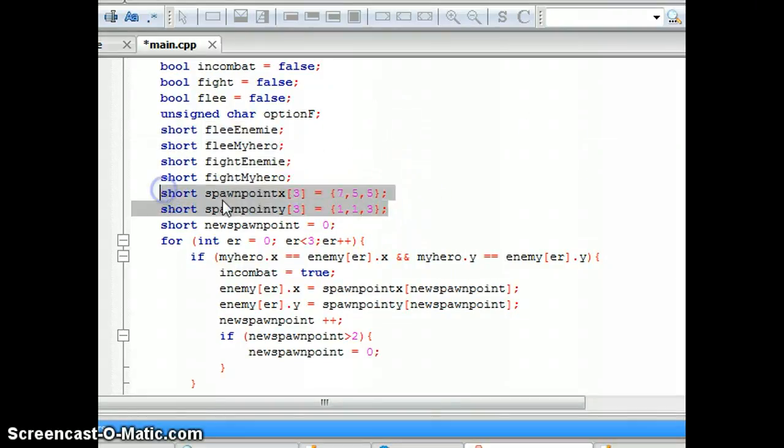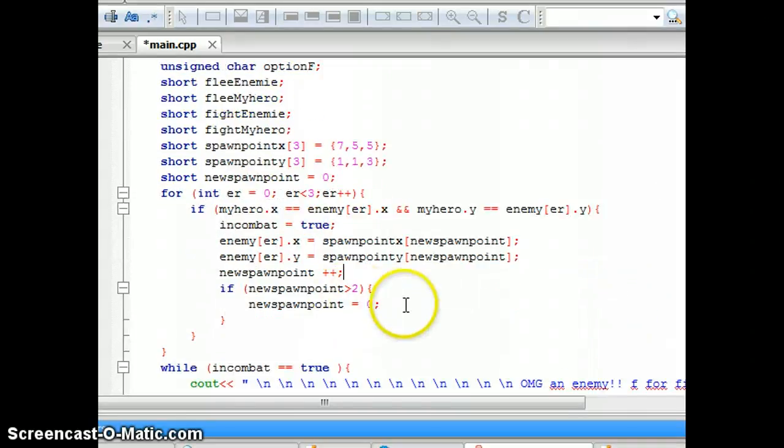Then new spawn points for the enemies. Each time they die or I manage to flee them, I'm going to replace them at a new spawn point. To choose between the different spawn points, I made this short, the last one, and that is that I count up each time one enemy disappears, and then they will be placed in different spawn points. You can see that here